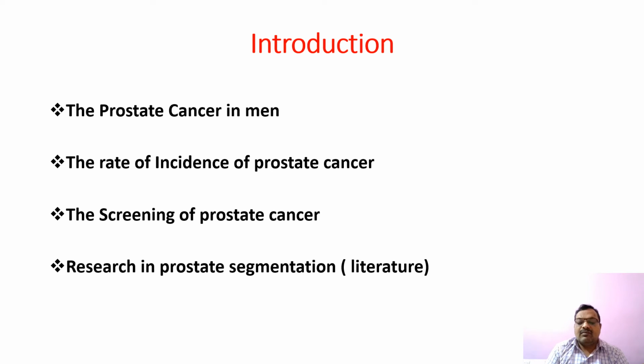The quality of the transrectal ultrasound image is affected by speckle noise, showing shadowing and ultrasound reflection artifacts. The state-of-the-art literature has reported various 2D and 3D prostate segmentation techniques. Active contour and the snake have been widely used by many research groups to segment the prostate using the TRUS